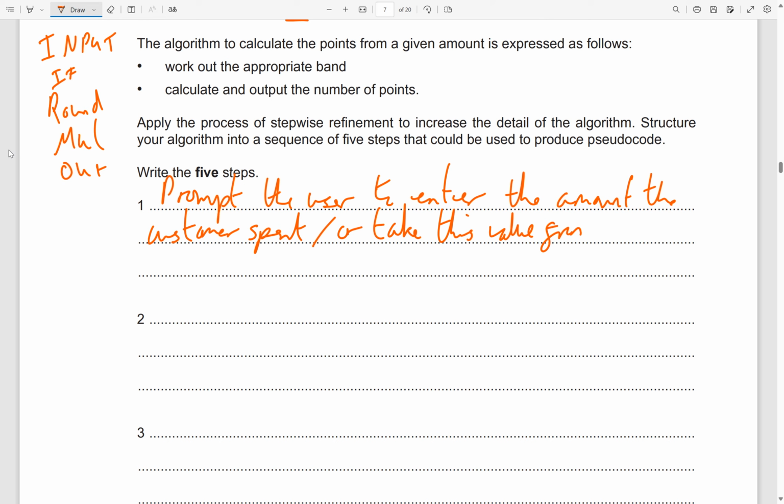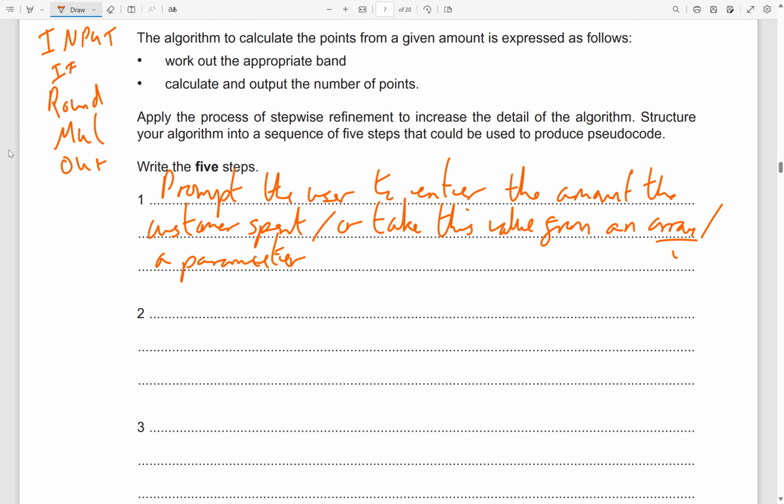from an array, or a parameter. Because of course, like we said, this could be an array of customers, for example. Then we want to have the if statement. So let's say, use an if statement. Or let's say use nested if statements to determine